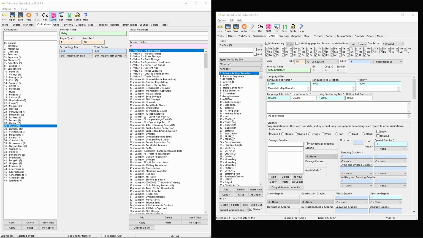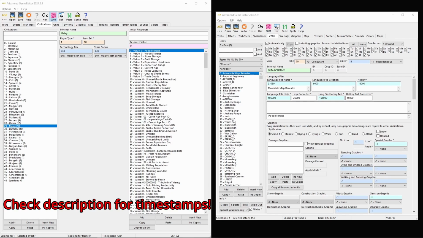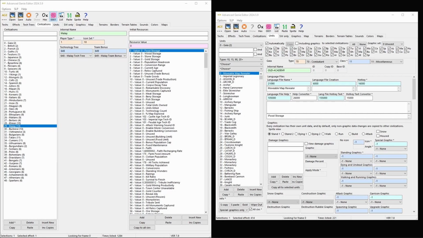Welcome! This is my first modding video, and today we'll be doing a walkthrough on how to update a mod with Advanced Genie Editor. I'll start by saying that I'm not some expert modder. In fact, I only started very recently, because I wanted to update and modify a bunch of stuff in a